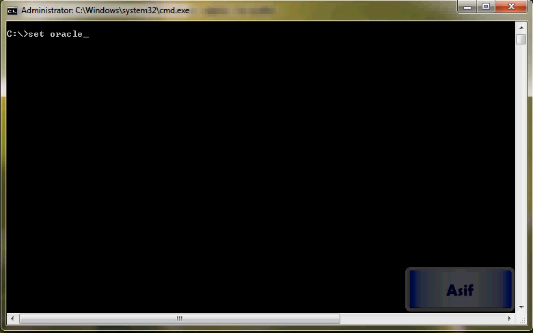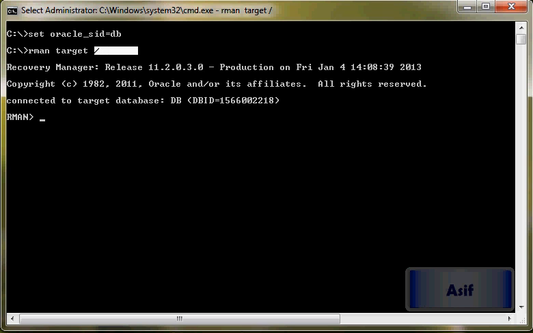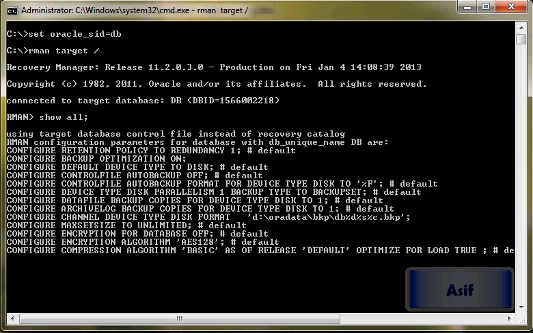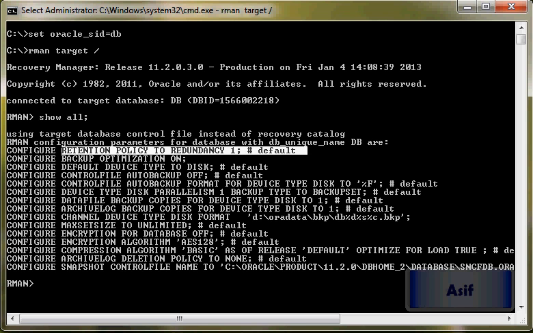Set ORACLE_SID to DB. RMAN target. I'm not specifying a catalog here, that means it is going to use no catalog mode. So if I say show all, now here you can see that the retention policy is set to redundancy 1, which is the default. So if I want to change it, I will say